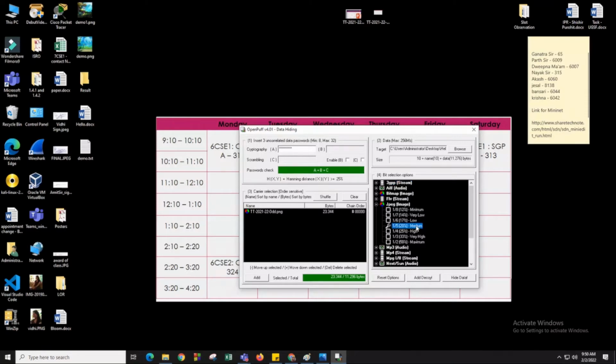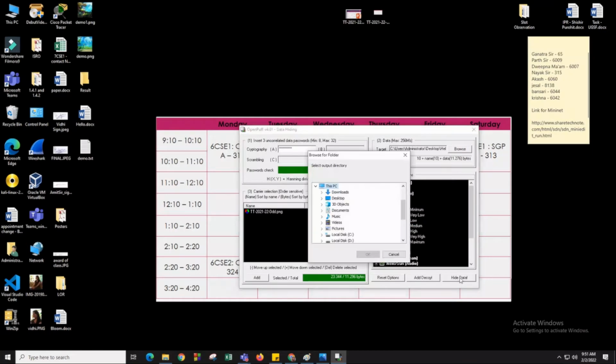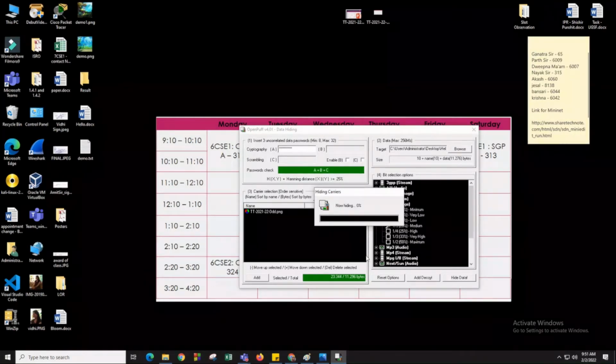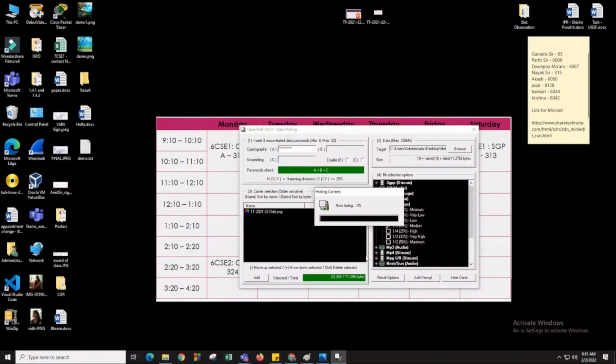I'm choosing the medium one and will hide the data. It will ask where you want to save it. I want to save it in the result folder. It will take a little time to hide the data, and after hiding it will show you the report.